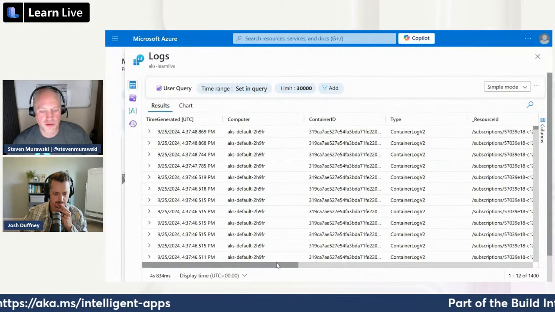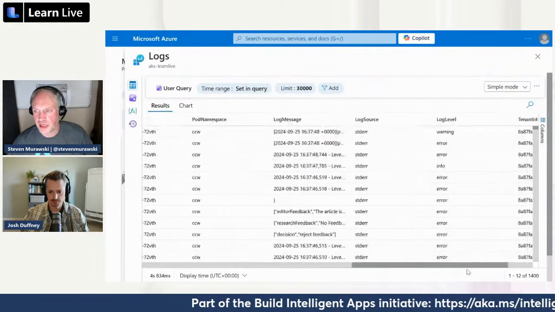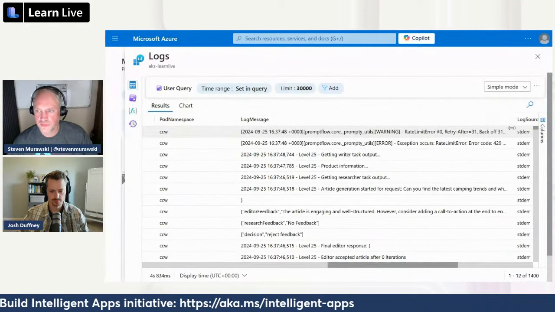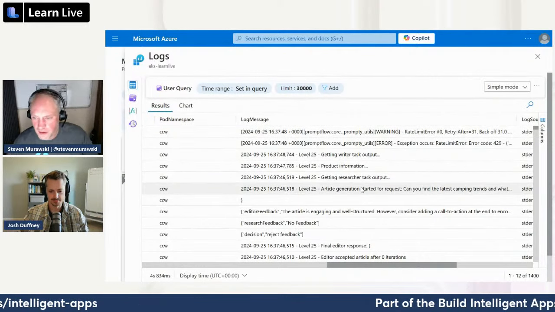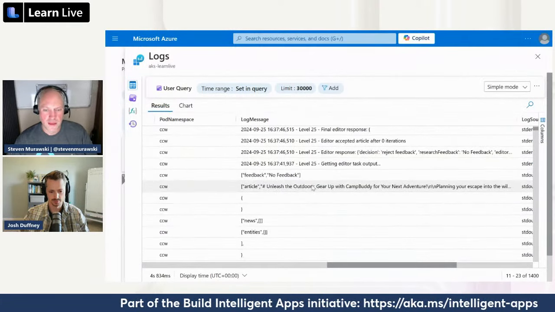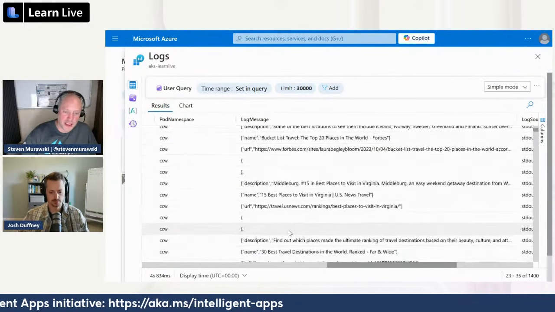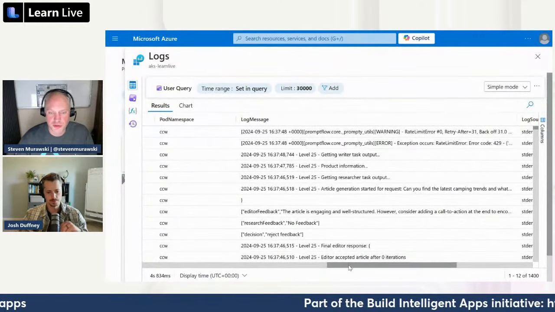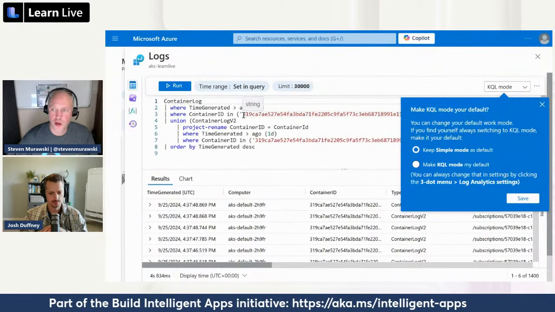So this is similar to what you'd see in the live logs. It wouldn't have as much detail here, but you do get your log messages. That's why we're getting some rate limiting errors. But we can see article generation started. We can see that we're getting some messages based on what our application was doing, which then gives you a place to go back and troubleshoot. And right now, we are looking at the logs for one